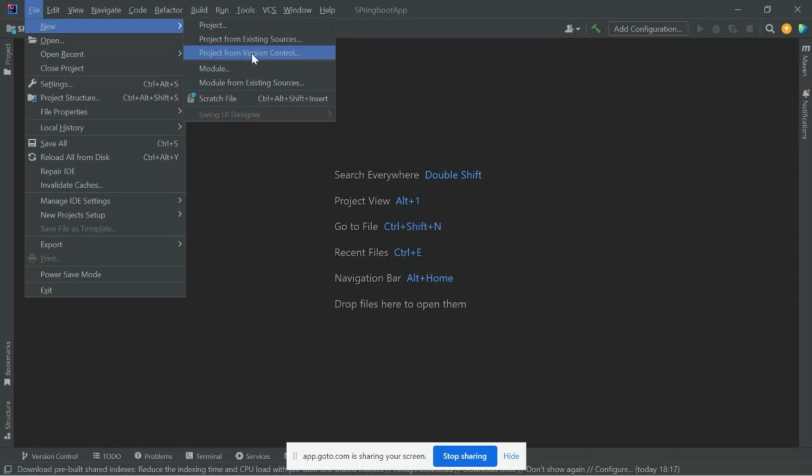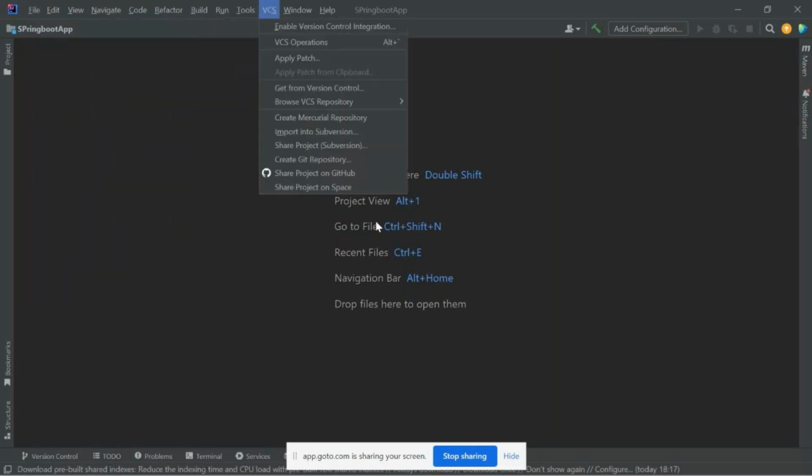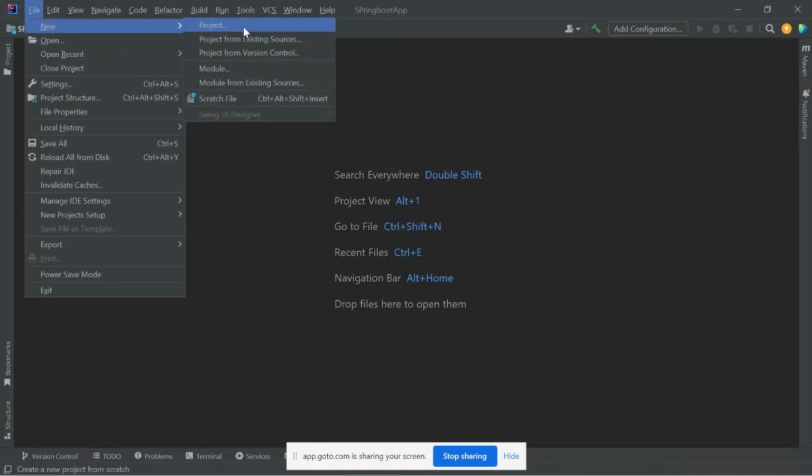All organizations follow version control only. There is nothing like sending your code change over email or chat. You have to get the code from the version control and submit the code to the version control. When you join an organization, they won't give you a zip file, very rarely, until you get access. Once you get the access to the version control, you have to configure it in your IDE and start using it. If you have a version control concept in your organization, you have to select this option. For training purposes, I'm not going to use a version control.